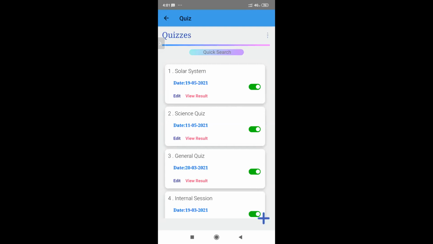We actually don't have control over it. No sir, this is something very common, parents complain mostly that the child did not get time or had some internet problem. In such a time we can give them a retake, sir. If it's not an exam, if it's basically a practice quiz, you can give a retake. Or for exams also, if many students face that problem, then there is an option where we can give them a re-attempt.